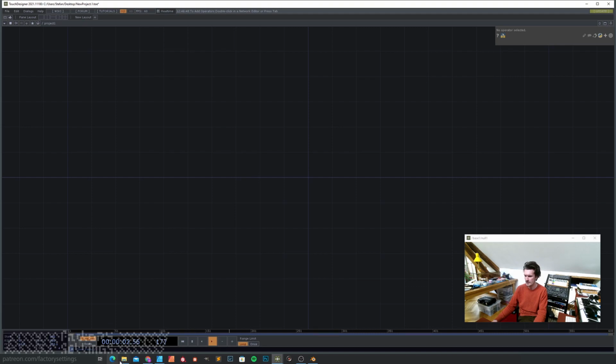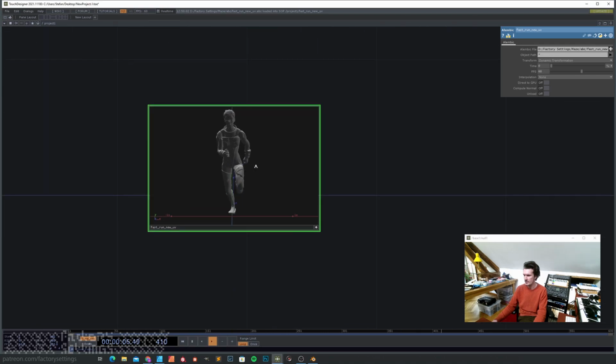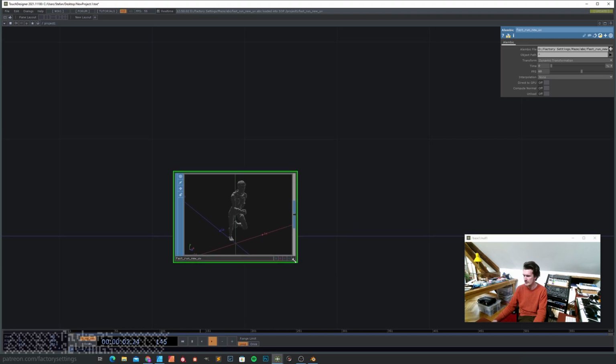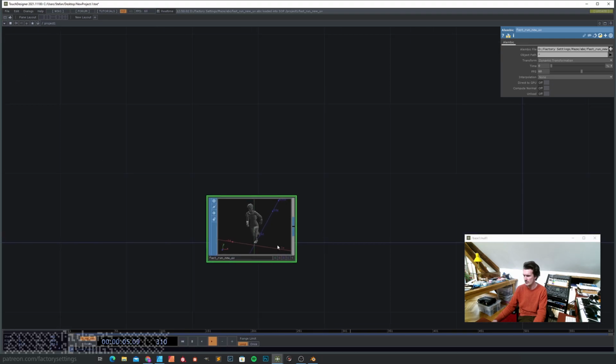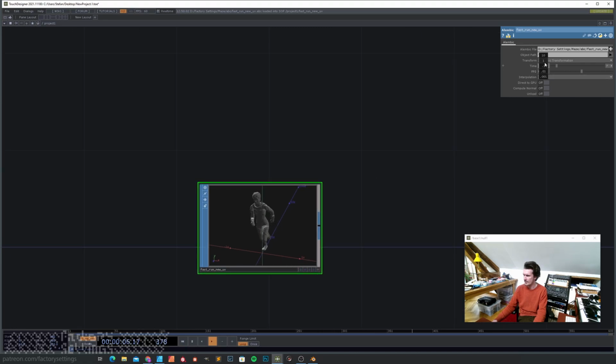So we're back in TouchDesigner. Going to look for the Alembic, which I've just exported from Blender. Just drag it in. And you see that compared to the FBX, this is all it is. It's just one sub, all neat and tidy, packed in one operator. If you look at the parameters, you have this time slider. If you set this one to frames and scrub through it, you can see how many frames the animation actually